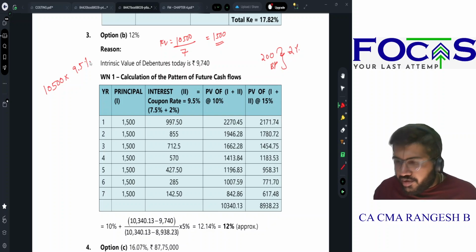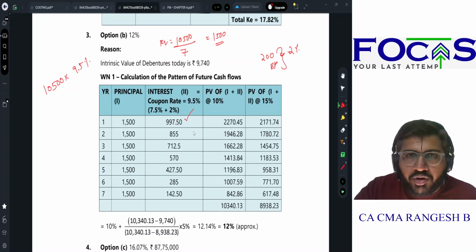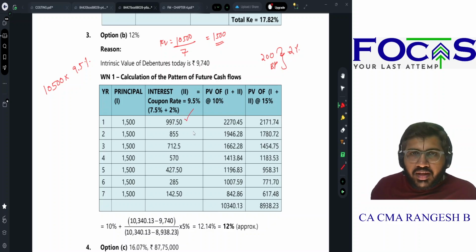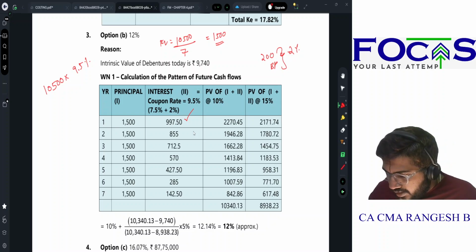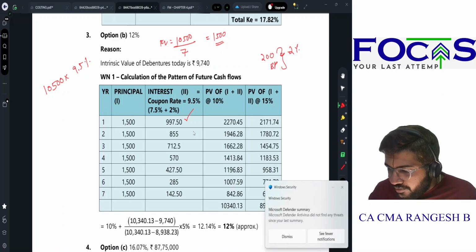10,500 into 9.5% gives you 997.5. Yes, super. So now 1,500 plus 997.5 gives you